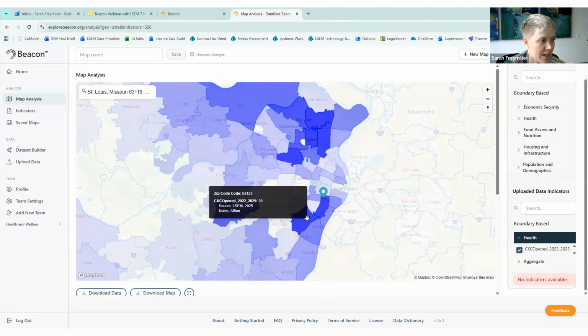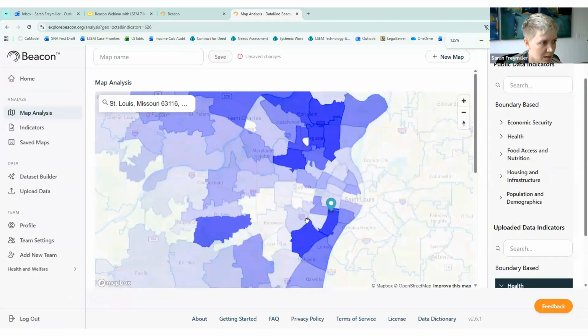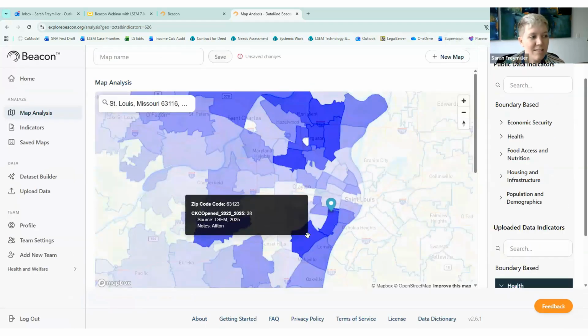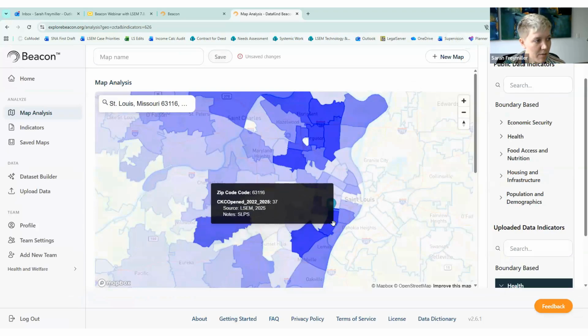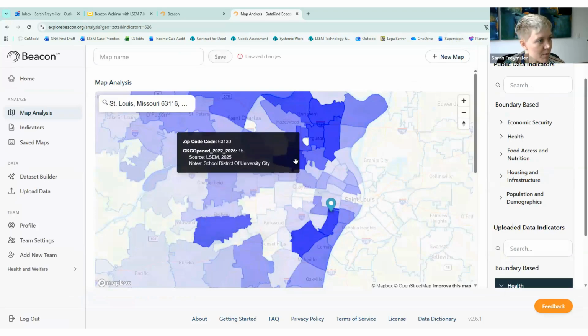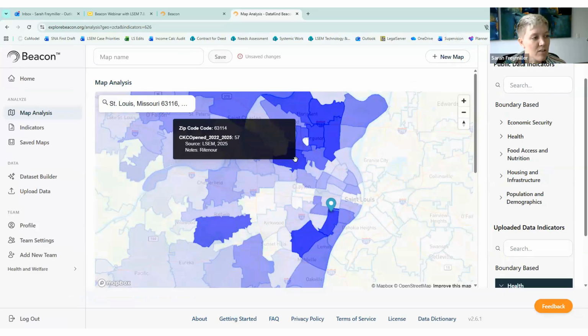And as I hover over it, it actually tells me how many cases, as well as in the notes section, let me see if I can zoom a bit. Yeah, so you can see that this is Acton School District. This is St. Louis Public Schools. Up here we have Rittenhour. So I wanted to add those notes so this map could be even more useful to that program as they're thinking, okay, what contacts do we have at these different school districts? Because outreach is a big part of their role too and is part of their grant work.